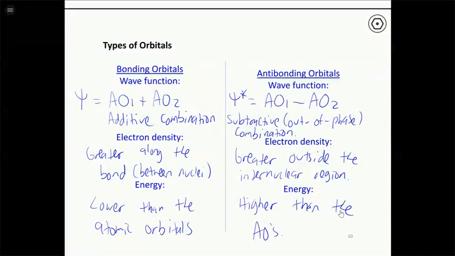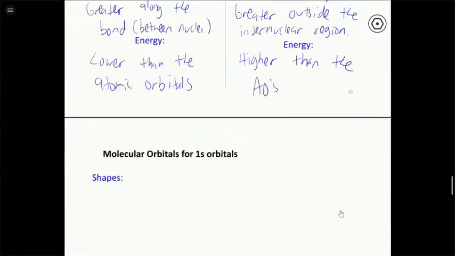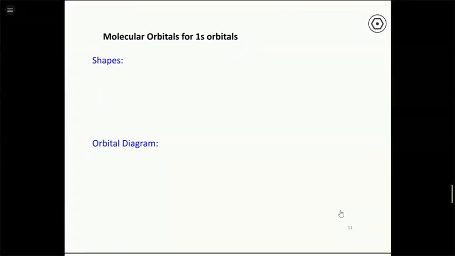So that's sort of the basics of what we're doing. Now we can start talking about the shapes of these orbitals as well as an energy level diagram when we mix two together. So we're going to start with the very simplest case, which is mixing two 1s orbitals together. So in the simplest situation where we only have one valence orbital on each atom that we're mixing together, so something like H2. If we're going to take two 1s orbitals, one on one atom, one on another atom, and mix them together to form molecular orbitals, what does that look like?